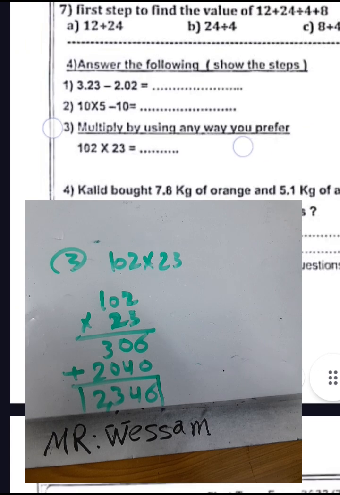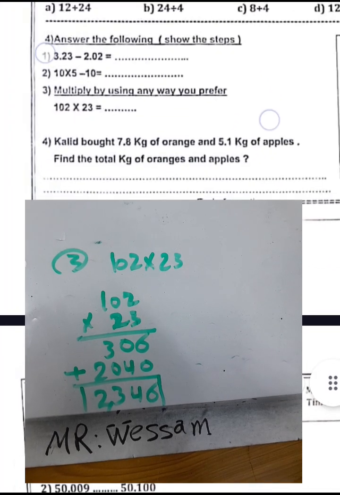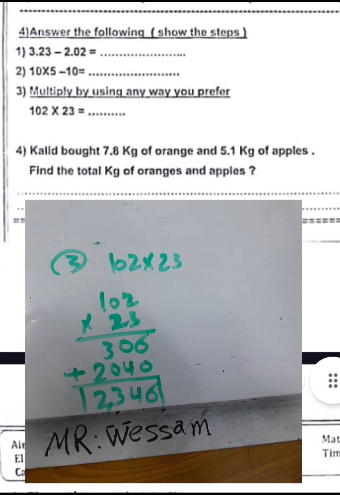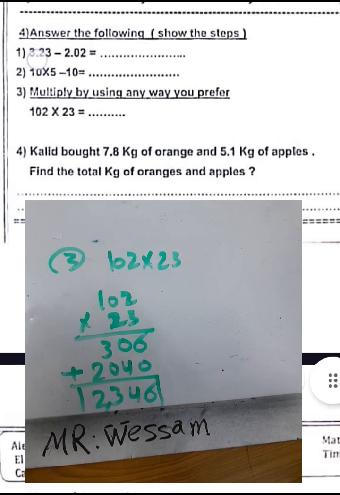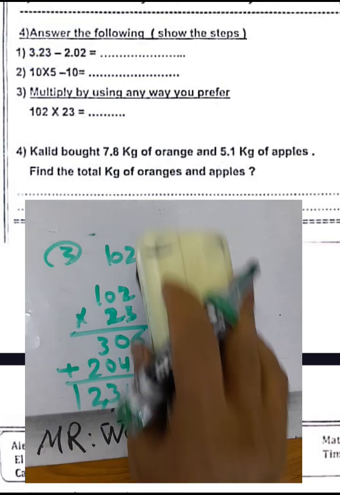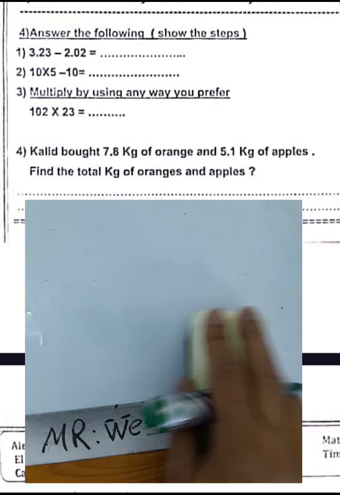Question 4. Khalid put 7.8 kilograms of oranges and 5.1 kilograms of apples. Find the total kilograms of oranges and apples. Now in this example, we must add them to find the total. We have